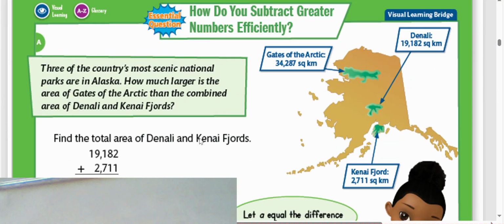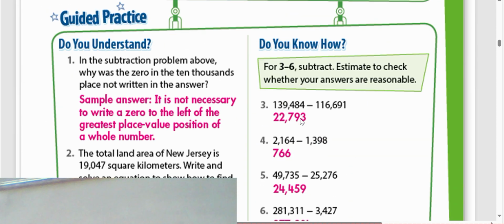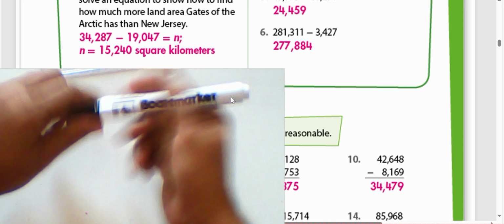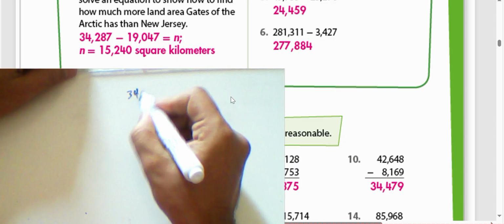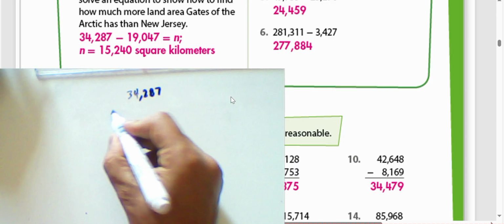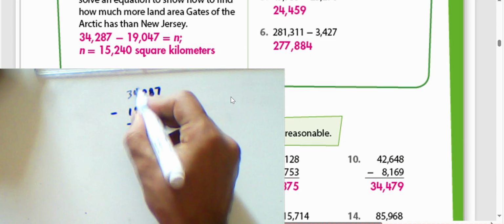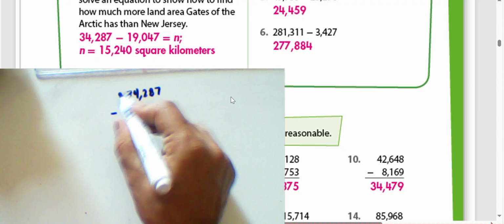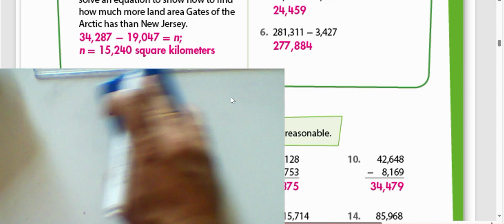Okay, where is the page? Here. We can find the difference between two numbers here and here. Okay, 34,000 and 19,000. We can find the difference between them. Okay, I will help you find the result. So 34,287 subtract 19,047. 7 minus 7 is 0, and 8 minus 4 is 4. 2 minus 0 equals 2. We can put 1. 14 minus 9 equals 5, and 2 minus 1 equals 1, and the result will be